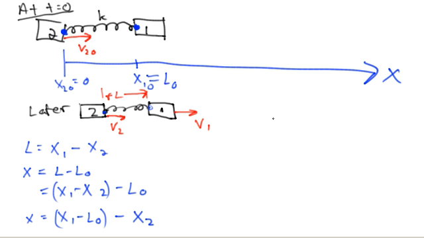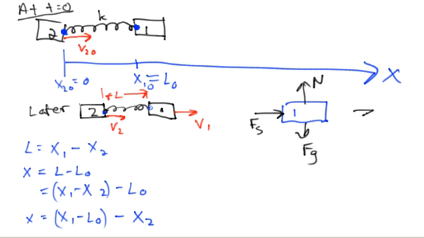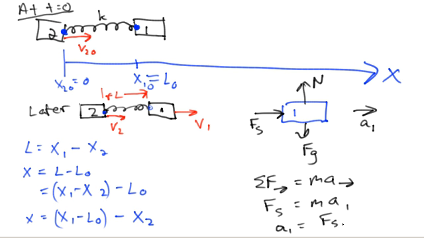Let's draw a free body diagram for car number 1. So it's got the spring force Fs acting on it, and then a normal force and a gravitational force, and it'll be experiencing an acceleration in this direction. We can say the sum of the forces to the right is equal to the mass times the acceleration to the right, and better call this a1 because 2 and 1 will be experiencing different accelerations. So I'll call this Fs is equal to m a1. The masses of the two cars are the same, so it is okay to use the same symbol, m. So a1 is Fs over m,